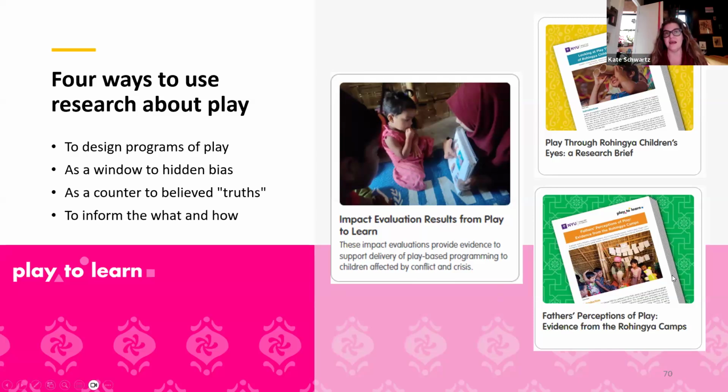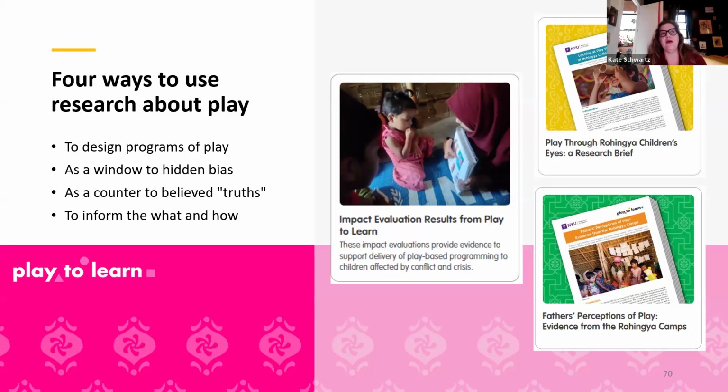the program content, that is, its focus on fathers' emotional literacy, mental health, family relationships, and knowledge of child development and play practices, and how the program was delivered, the use of monthly group sessions with individual sessions that can be flexibly scheduled in between them, all led by men from the community. These were all things that came from the community themselves in order to best serve their identified needs.